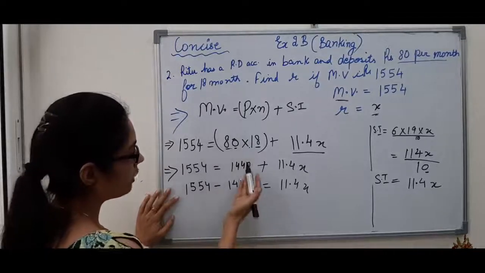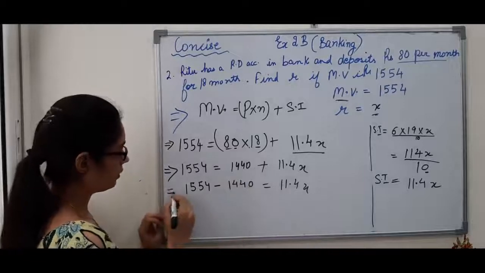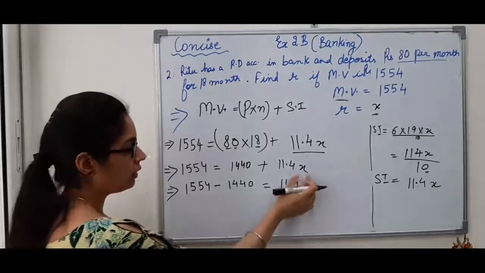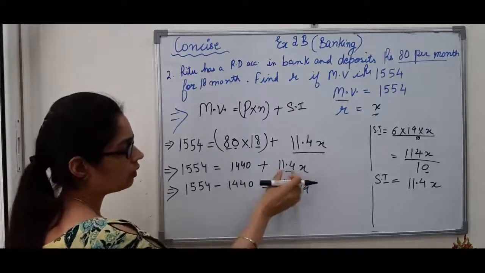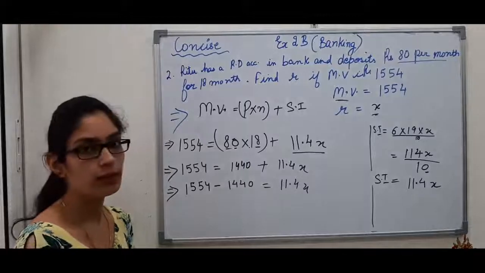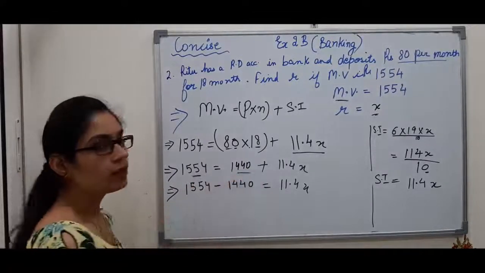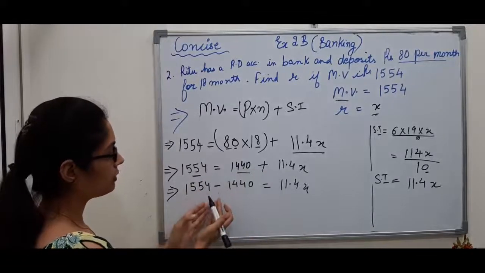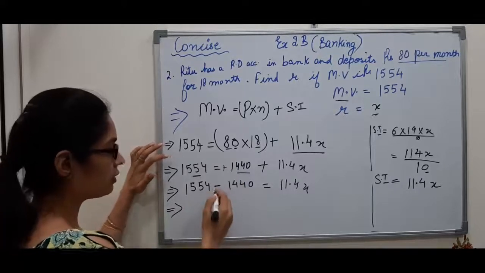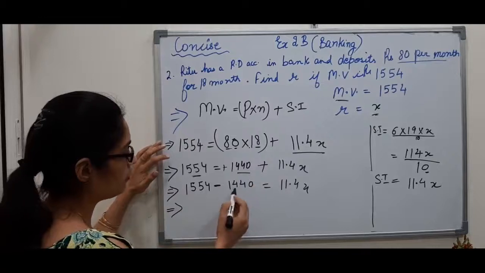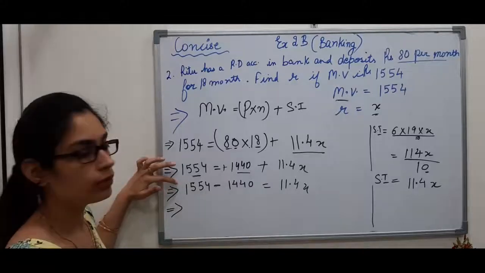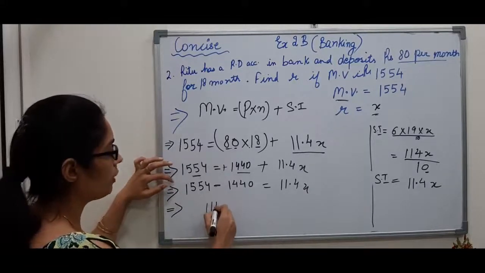Now I have just shifted 1440 to this side, because only like terms can be added or subtracted from one another. This term has x, which means these both are not like terms, due to which they can't be added together. And I can see both these are like terms, due to which I am shifting this number to this side. On shifting this number to this side, this is plus, so on changing the side, this will get changed into minus. So here I got 1554 minus 1440. On subtracting these two, I got 114 equals to